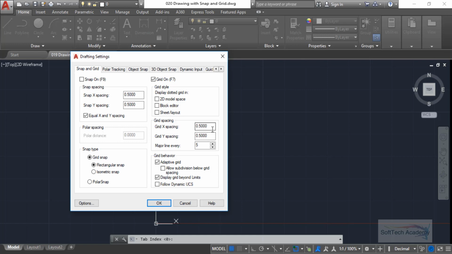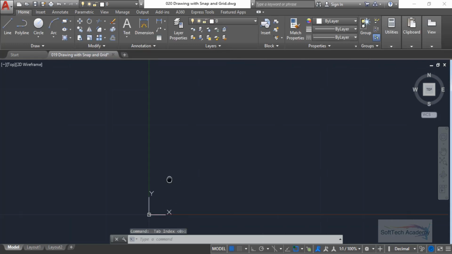Now let's change the grid X spacing to 1, and when you change the grid X spacing, it automatically changes the grid Y spacing to the same value you have input in the earlier command, which is 1. And let me change this major line every to 10 and press OK. So here is a slight modification in the grid line. Now the major line occurs in every 10 units or blocks in both X and Y,